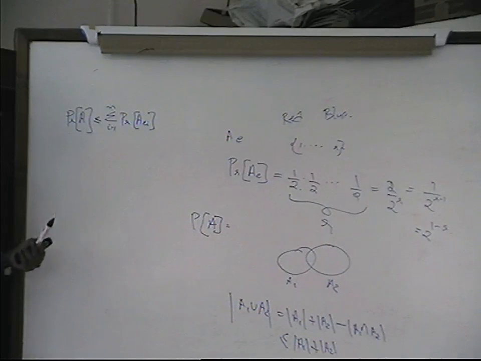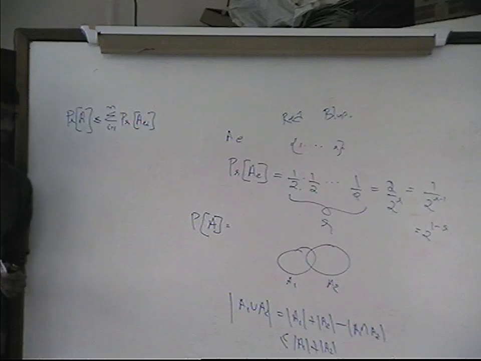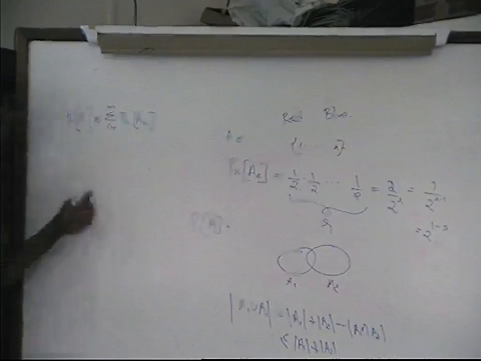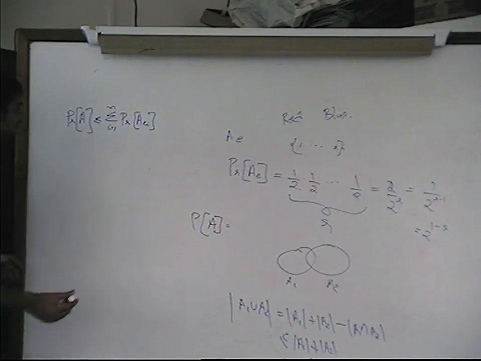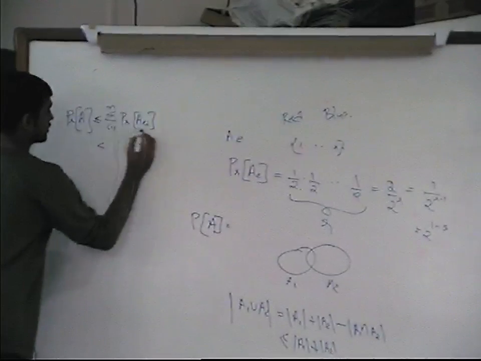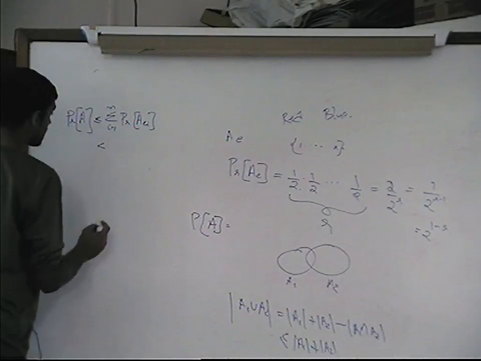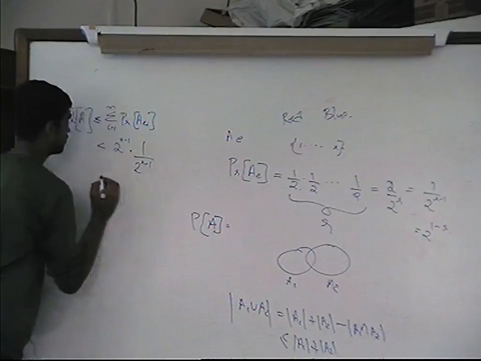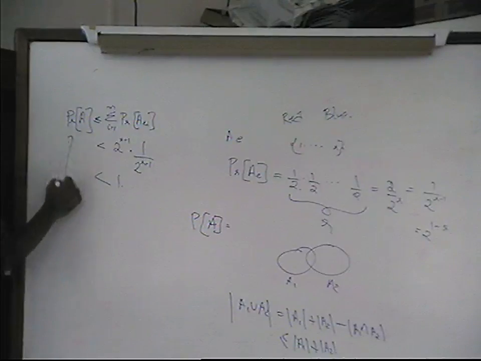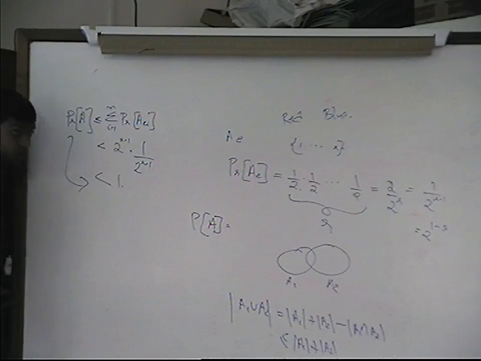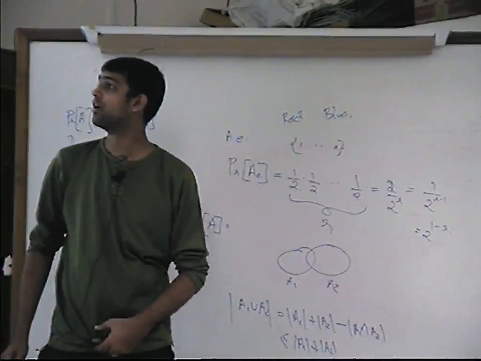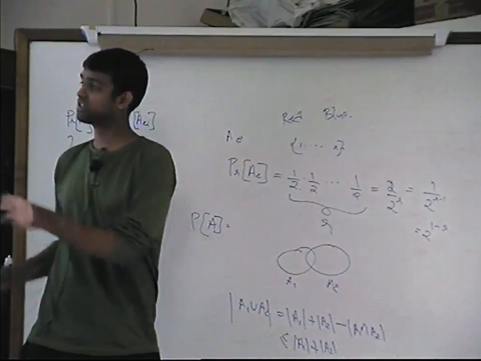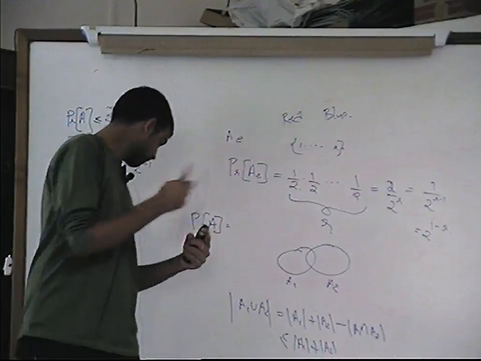So you will have to enumerate a lot of these possibilities, right? We'll get there eventually. Give me a minute. I'll come there. Fine. So over here, this is our probability, and there are strictly less than 2 power r minus 1 edges, into 1 by 2 power r minus 1. So this is strictly less than 1. So what does this indicate? This means that the probability that our hypergraph has at least one monochromatic edge is strictly less than 1. So if we invert this,